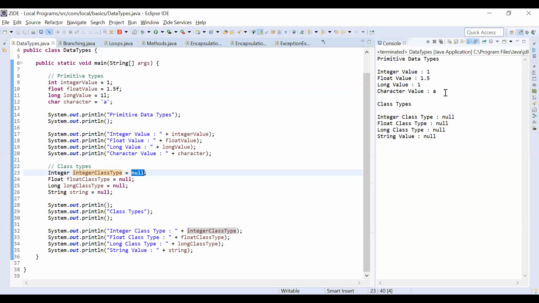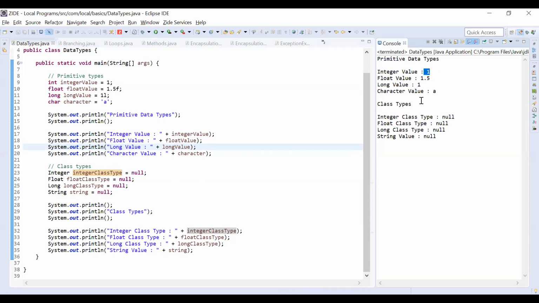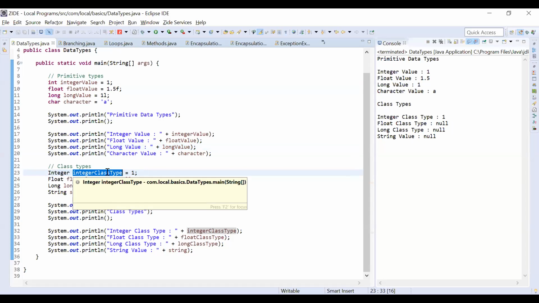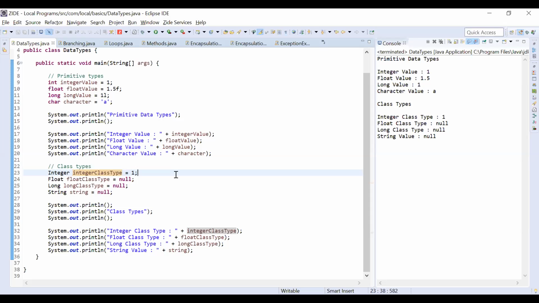As you can see, this will be the output when you run this program, where in primitive data types you will be storing the values, whereas in class types you can store null as well as your values. So this will be used in situations where you will not know the values initially, but you have to store them as your program proceeds, and it will also be used in conditions where you make use of null in your programs. Okay. Are you able to understand regarding data types?